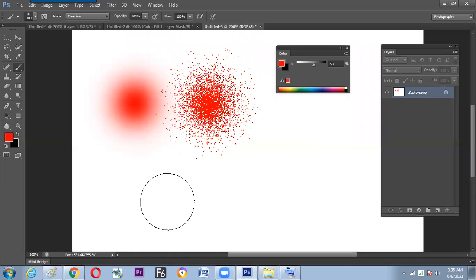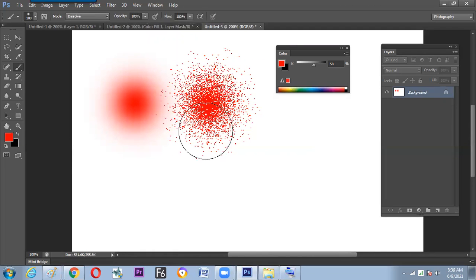So what you have seen is the same brush appearing in a dotted manner. This dottedness is generated because of the mode called dissolve. Now, the intensity of your dots will depend upon the softness of your brush and the transparency of the brush.